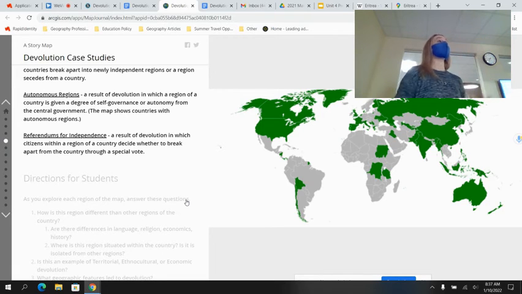They did it. They voted against it. The region said, nope, we're going to stay within the UK. But they held a vote, and the UK was ready to let them become their own country if they said yes. Scotland, within the UK, voted on their independence, and they voted no. So it was a failed referendum.